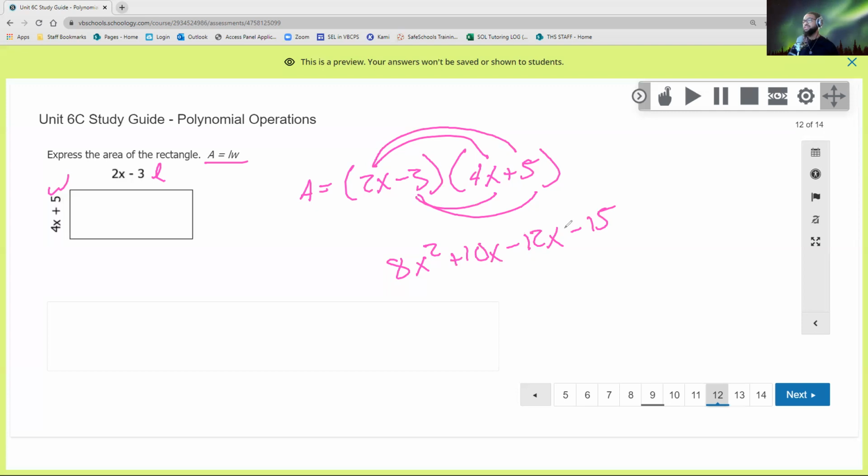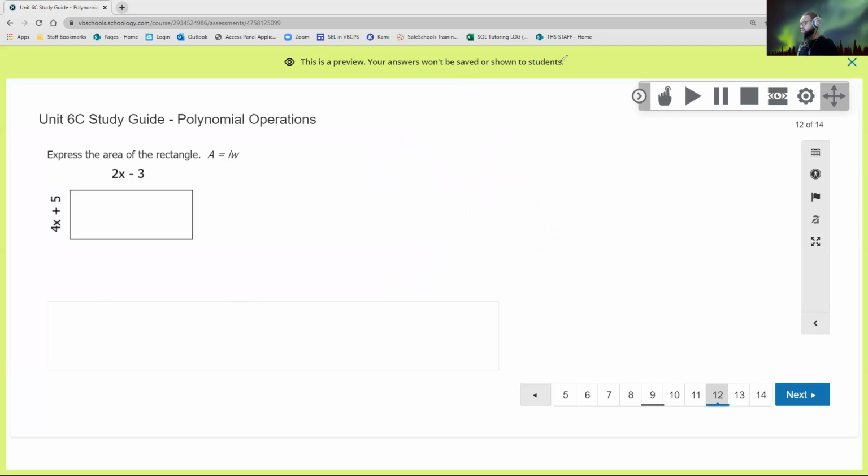And now here, we're not going to stop. We do have a set of like terms we can combine, and when we combine those, our final answer is 8x squared minus 2x minus 15, okay? Minus 15, all right? This was the last one I wanted to go over,